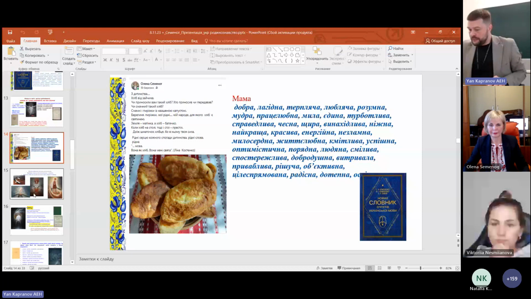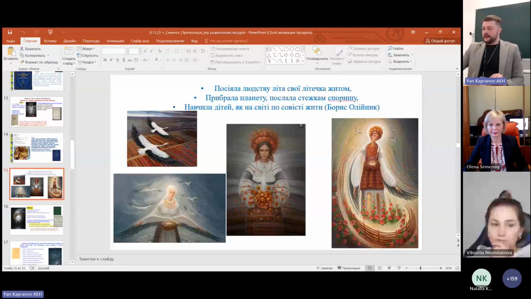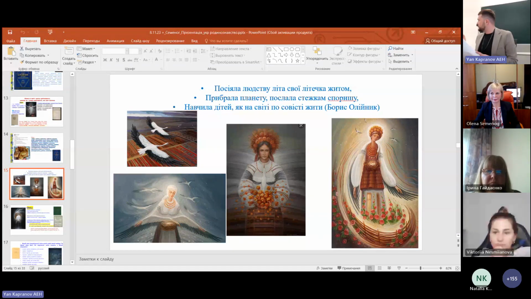And on the next slide there are the proverbs, and one of them I want to translate. The cult of the mother is vividly attested in Ukrainian folklore and in fiction. Okay, so